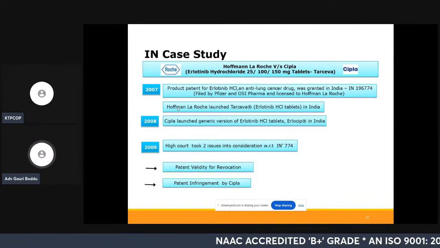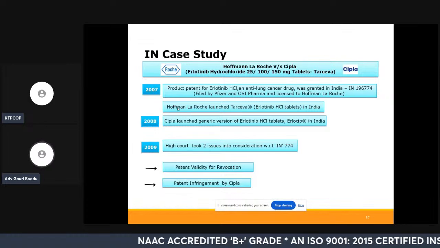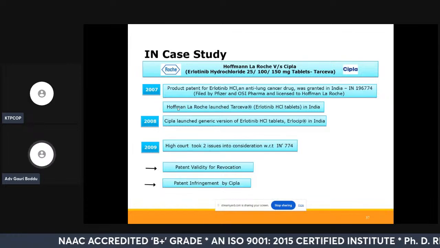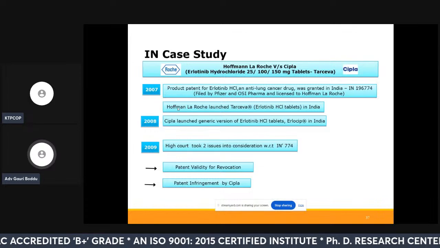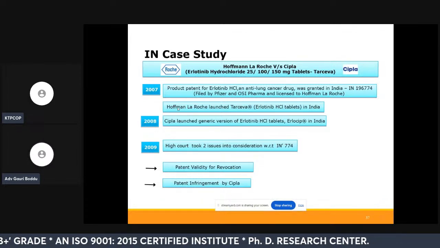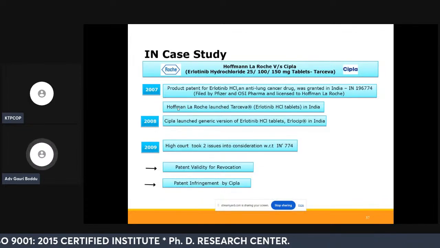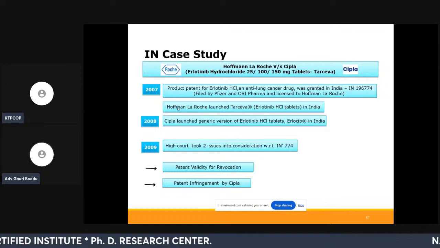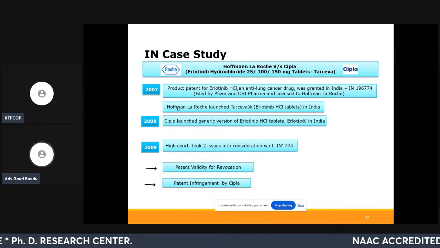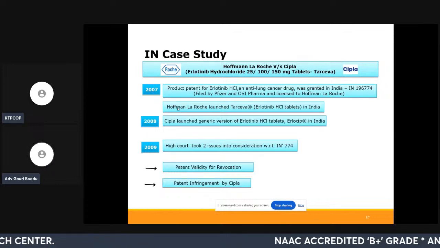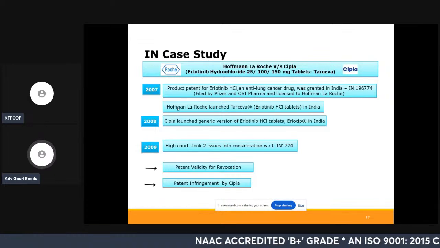So Cipla launched a generic version of erlotinib HCl tablets, Erlosip, in India. In 2008, Roche filed suit against Cipla in the High Court, alleging infringement of IN 774, and seeking to restrain Cipla from manufacturing and marketing